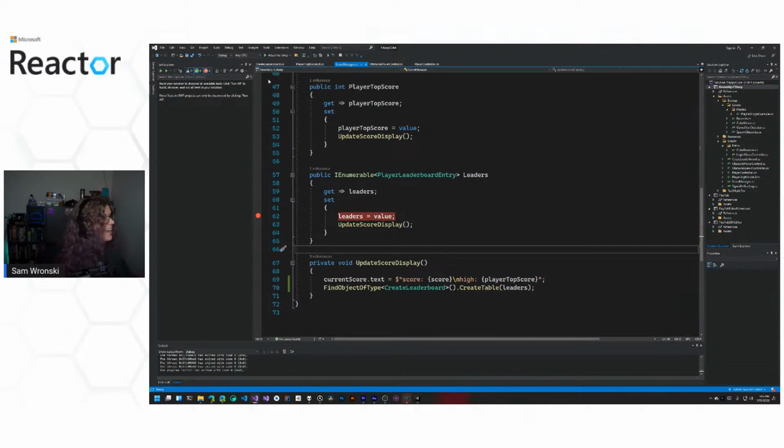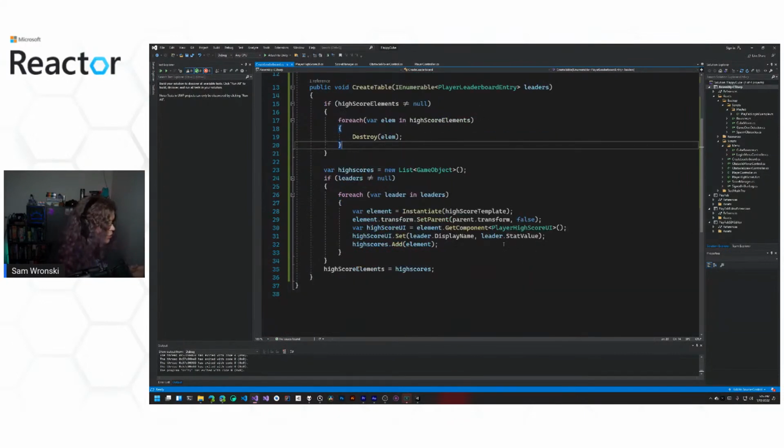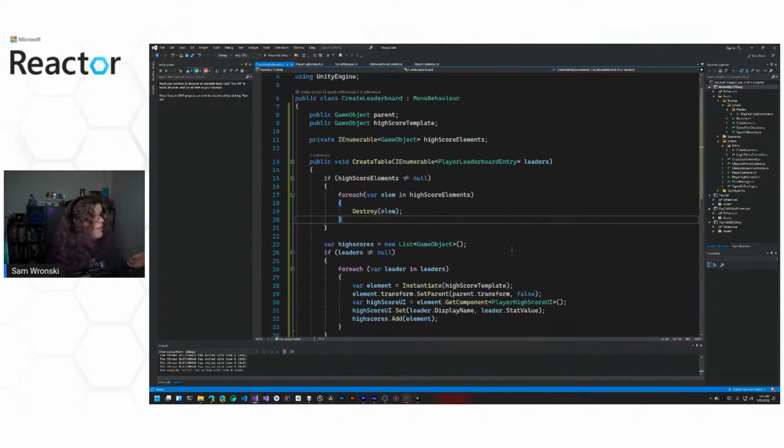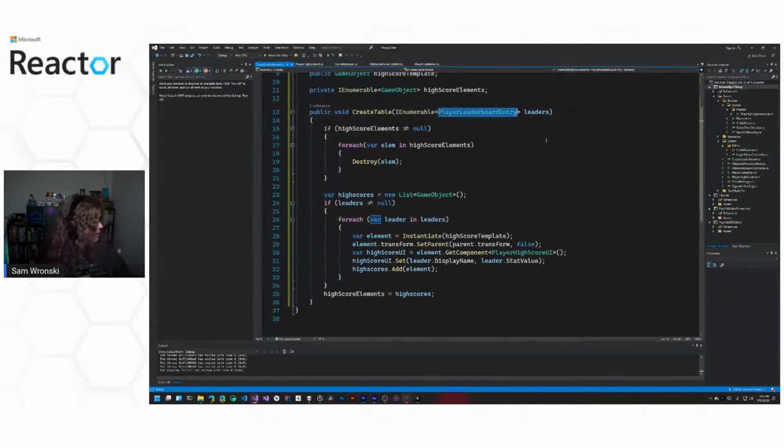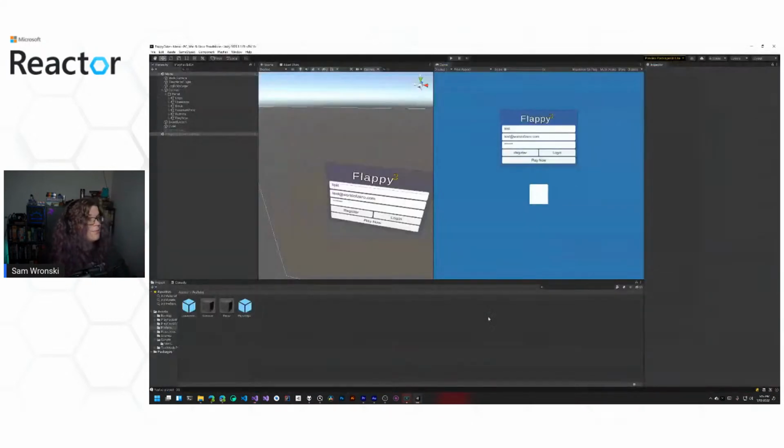And then we end up over here at the create leaderboard thing. This is mostly just handling UI stuff. There's nothing related to PlayFab here. This is just converting those player leaderboard entries that we got that show the top players and inserting them one by one into a Unity GUI object so that we can have one on top of the other. That's all this is doing, is just managing that. If one already exists, it updates it and then recreates it. And then the final one is just this. This is what is actually displaying the text. So 5 things to end up displaying this.